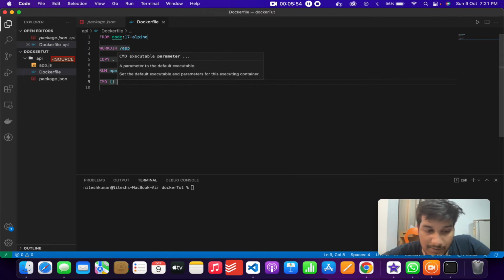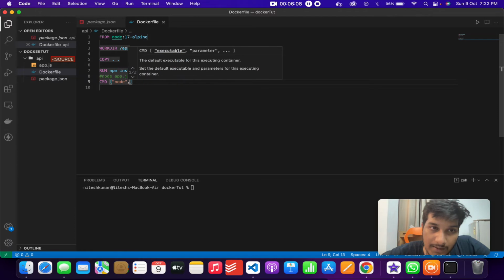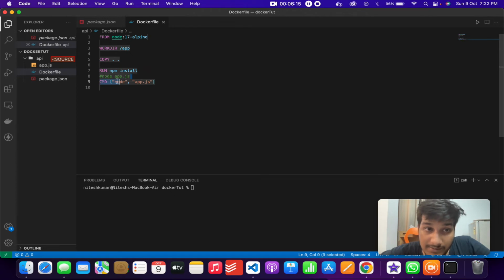So if you remember, at the top it's node app.js, right? Here what you have to do is write it like this: node, comma, app.js. So this is how you have to write the command. Okay, now once you have done with this, next what we will be doing is